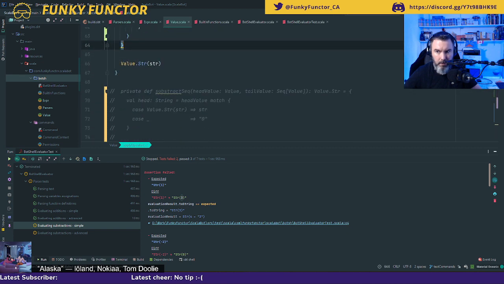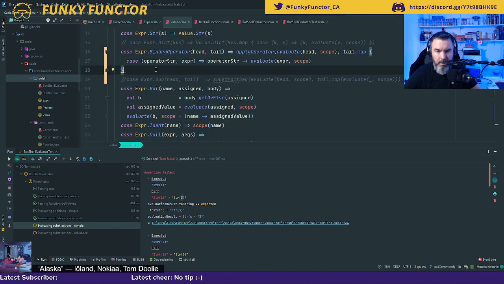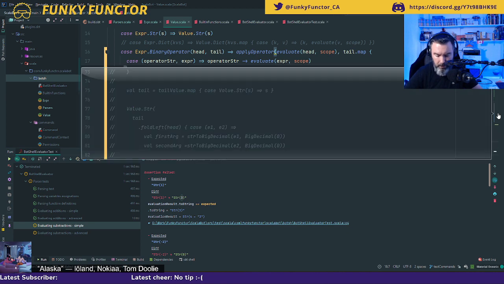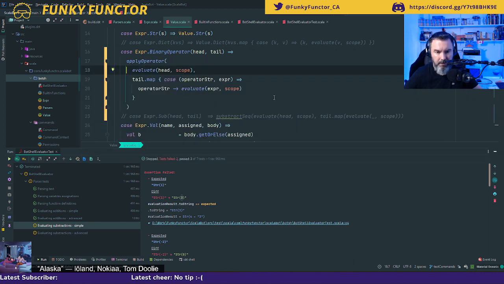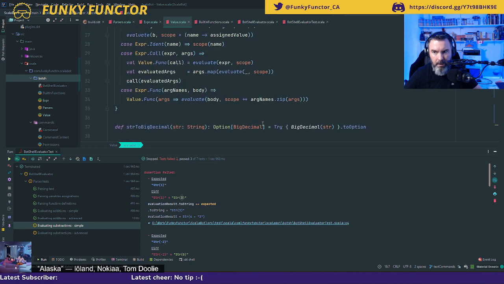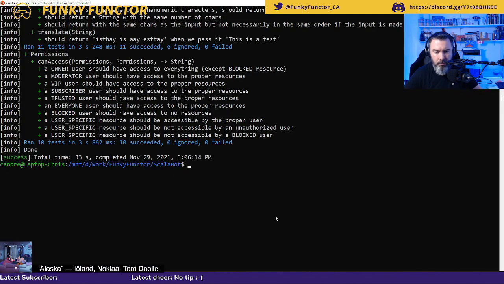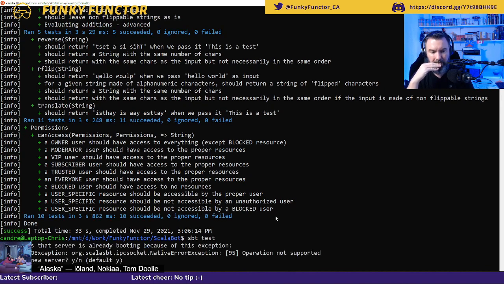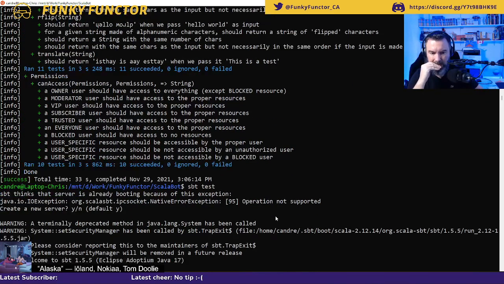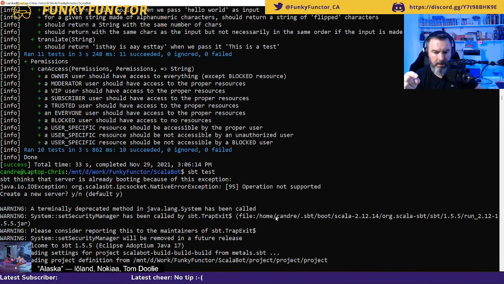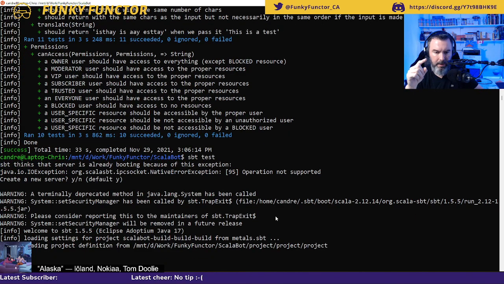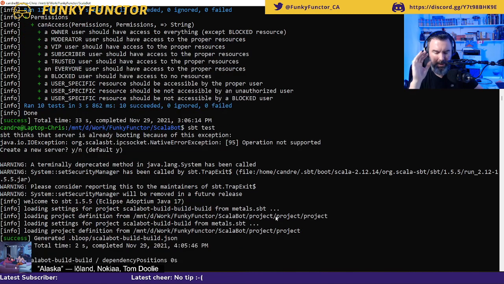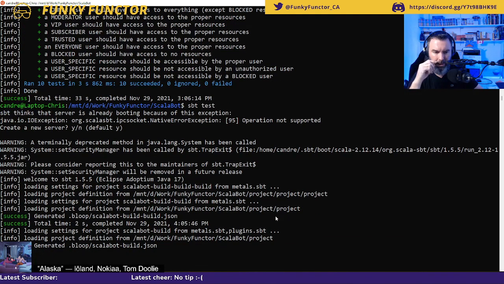Okay, so there is an error somewhere. Oh yeah, forgetting to close the parentheses. Let's try to reformat everything. I'm going to try to run this guy. So I'm running it on the command line because usually if there is any compilation error, it gets a bit more detailed than the one I've got in IntelliJ.